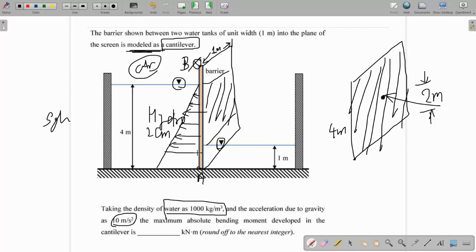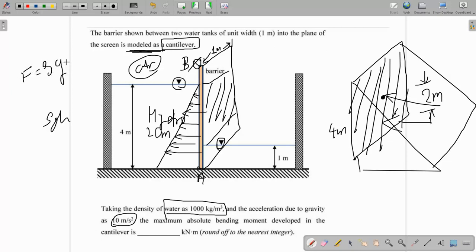It looks like a triangle in 2D. When you draw in 3D like this, it will become a prism, and the application point will be the center of pressure. So the equation of the force is rho g h bar, this average height or the CG of the height, times the projected area. And the application of pressure is at the pressure prism, and here the pressure prism is like this. Sorry, I have shown the direction wrong. Let me draw again.